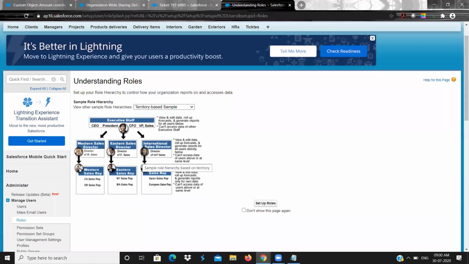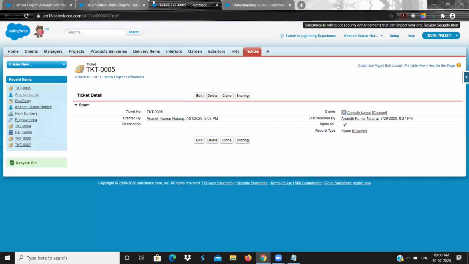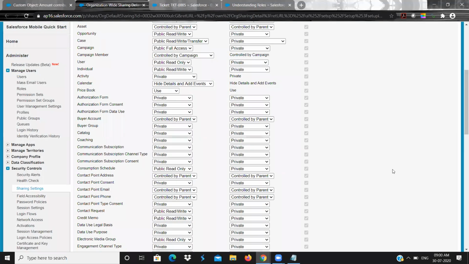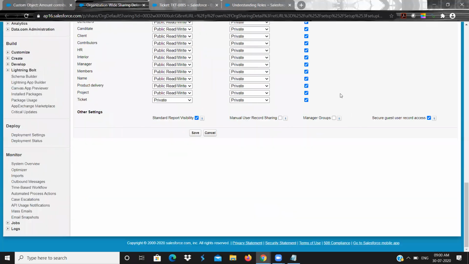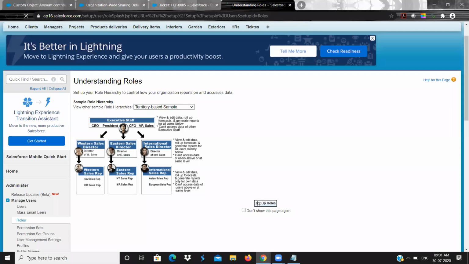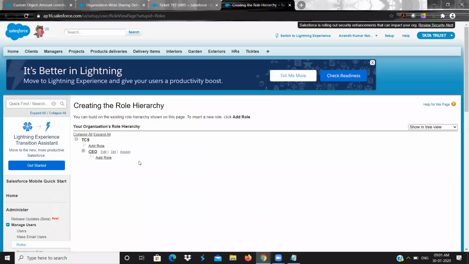You create a role and put him under here, and you check this checkbox grant using hierarchy. Then the seniors, higher level officers can easily see the record. That is the concept here. So set up the roles. Right now you have one role already set up.